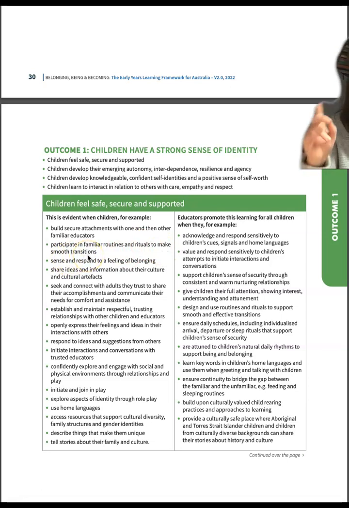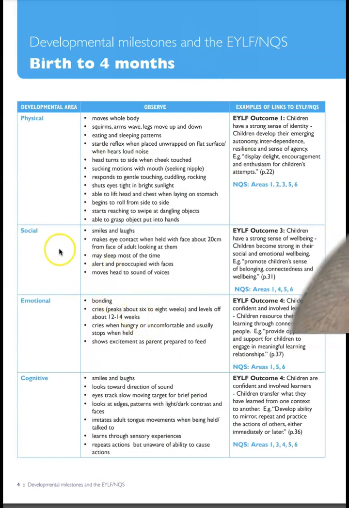So you see, combining the developmental milestones document and this one, you can write a really good analysis of your observations. You can also use exact formulas or phrases, and this will show your professionalism, support understanding of the child's development, and show your knowledge as well. Now, if you look at the next